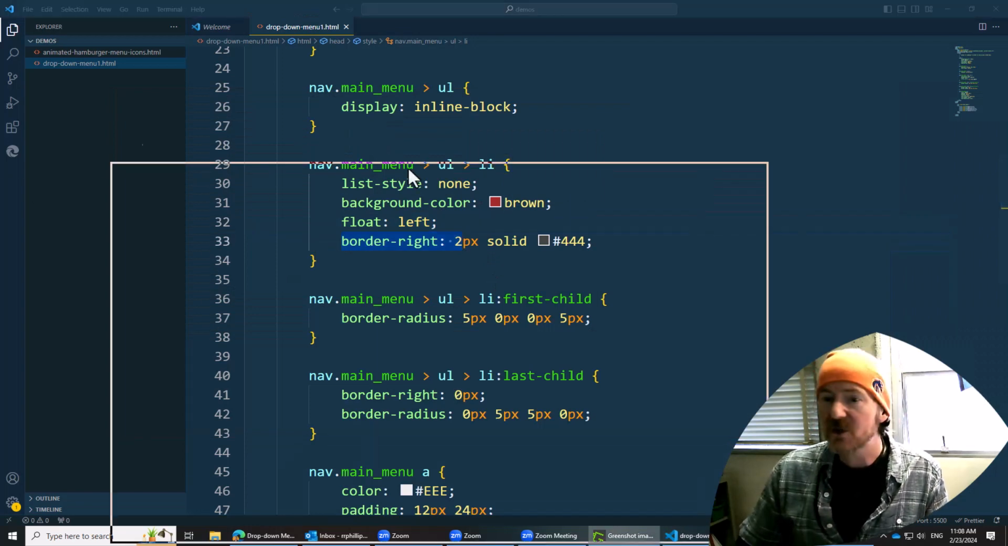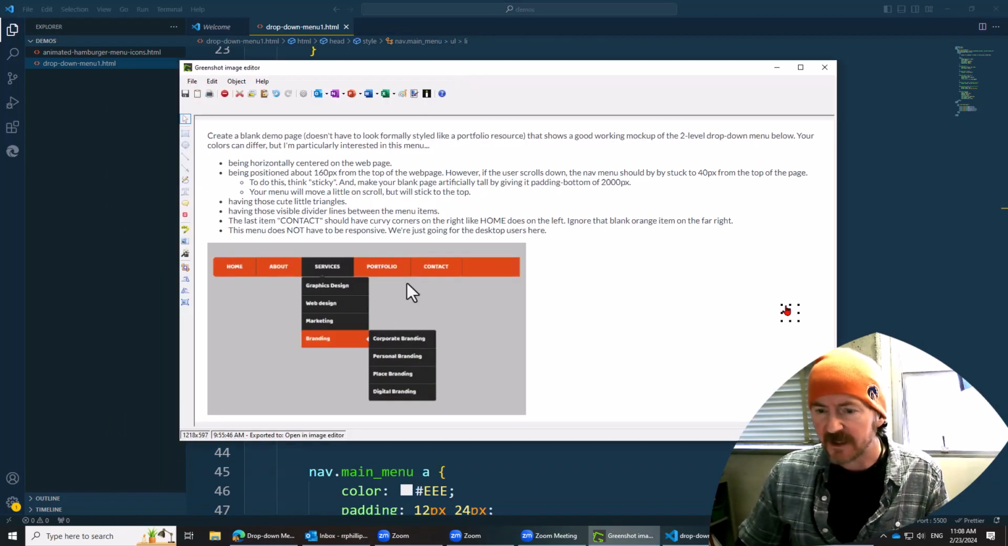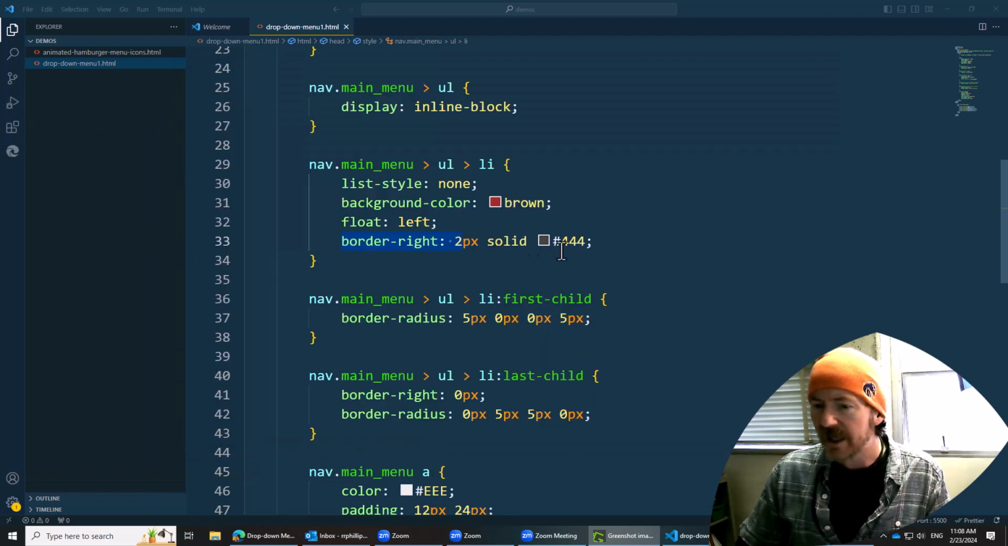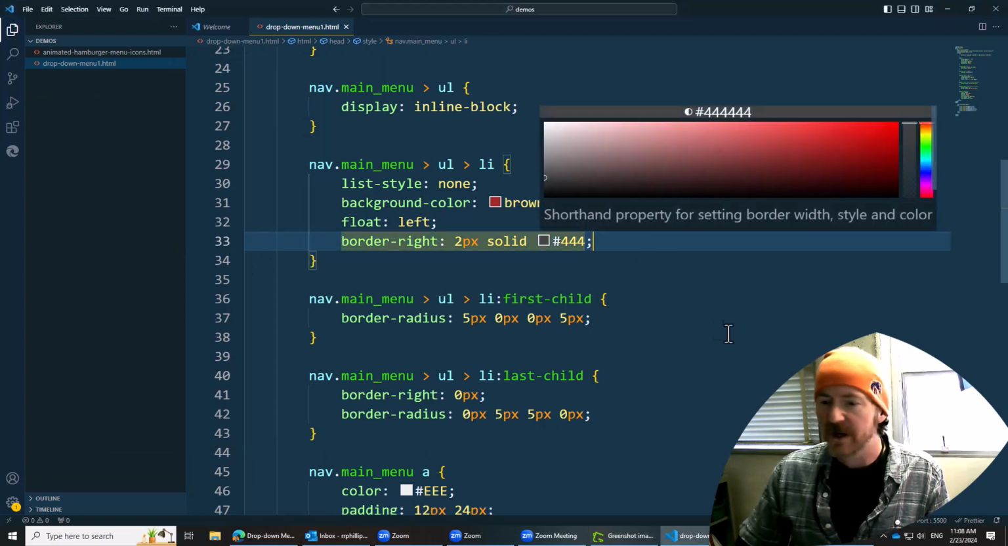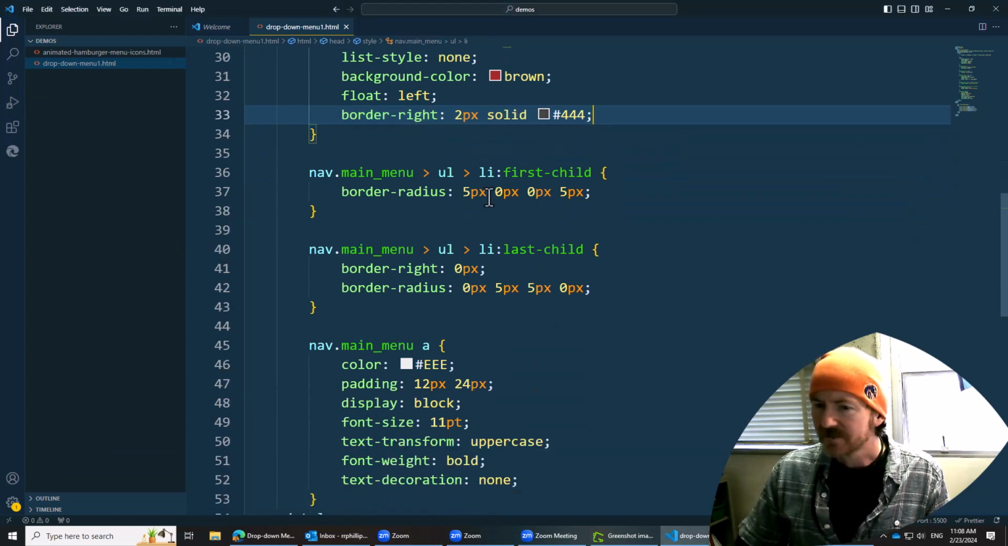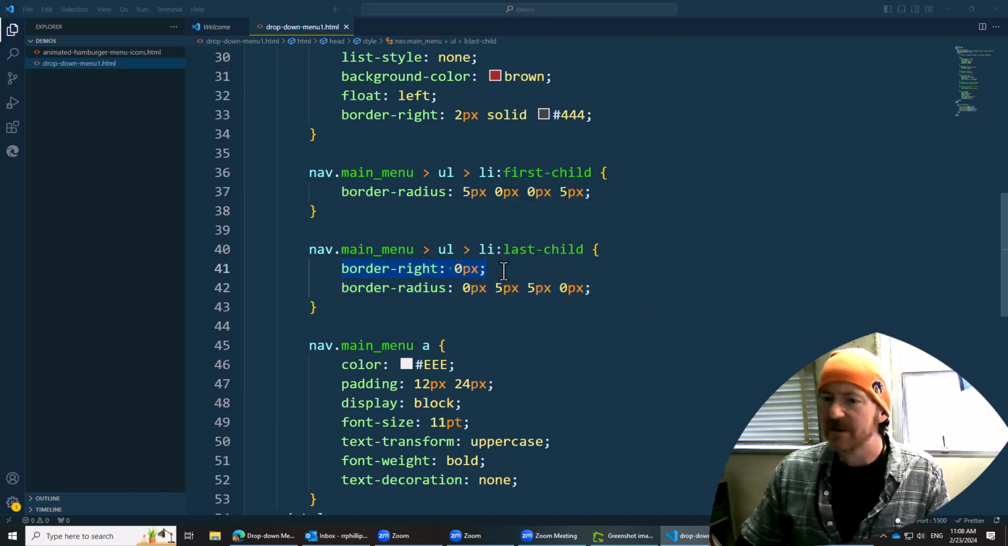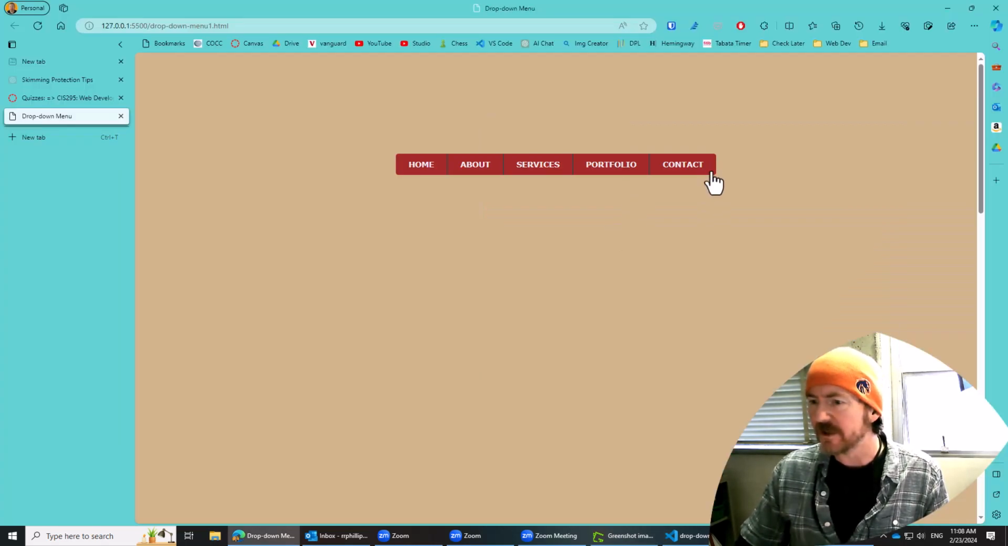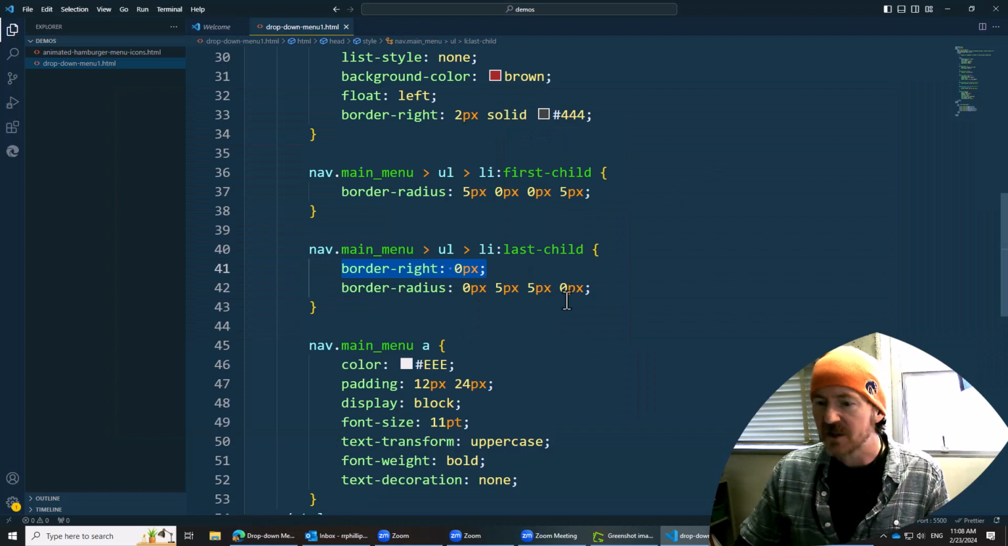So basically, I want to try to reproduce these thin little gray borders in between the main list items. Can't really see it with services, but I just gave them all a border right, thin gray border. However, for the last child, the last list item within my main menu, I said no border right. I don't want a border to show up on the very far right side, and I also use that opportunity